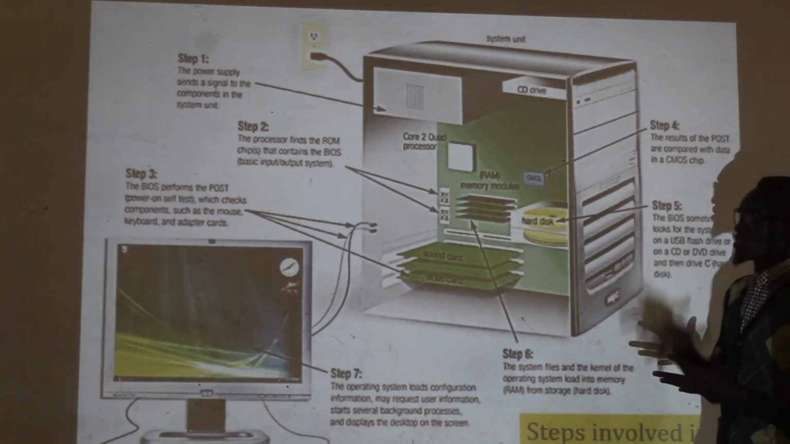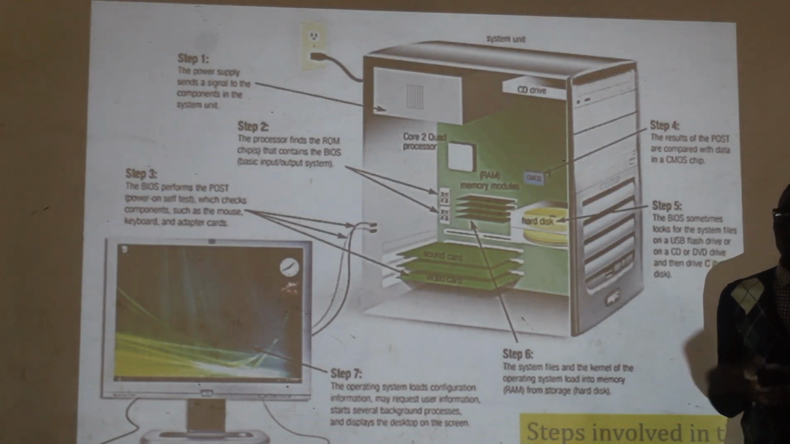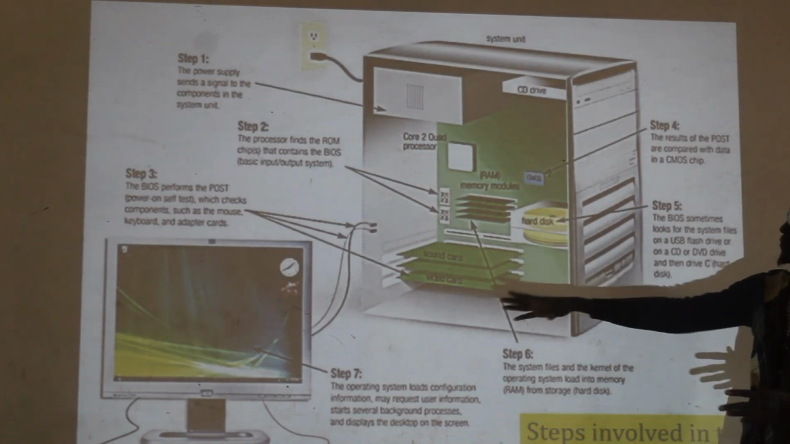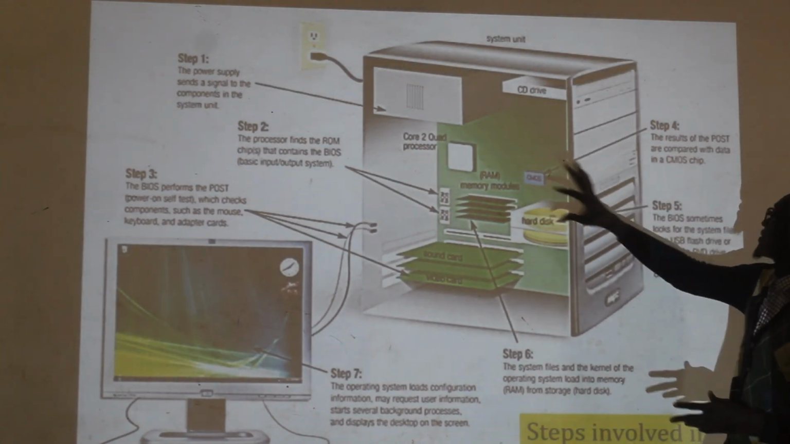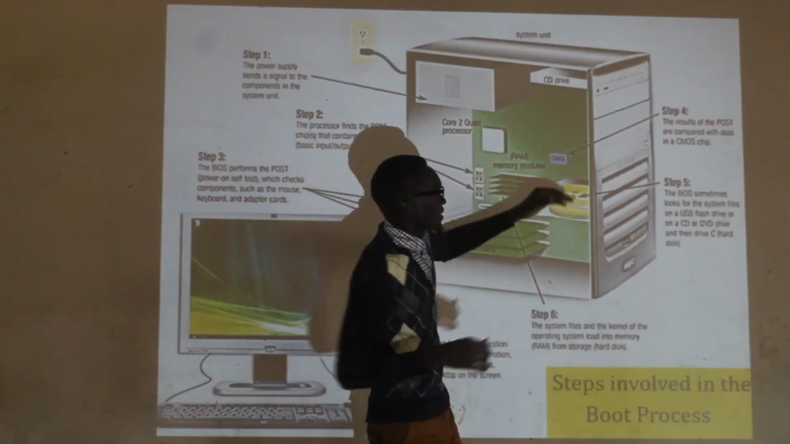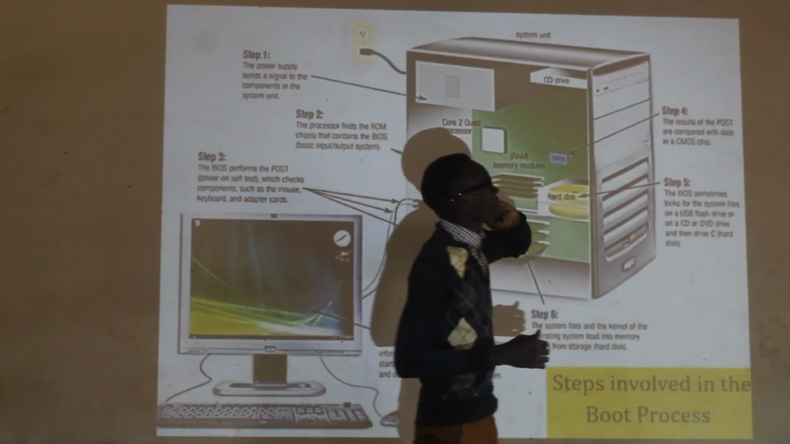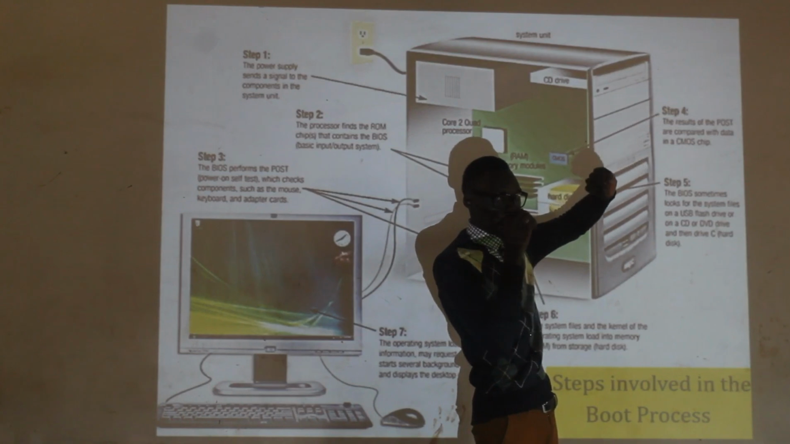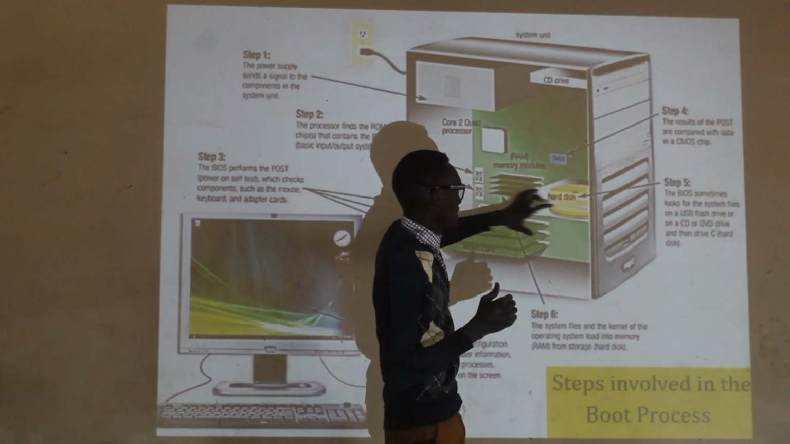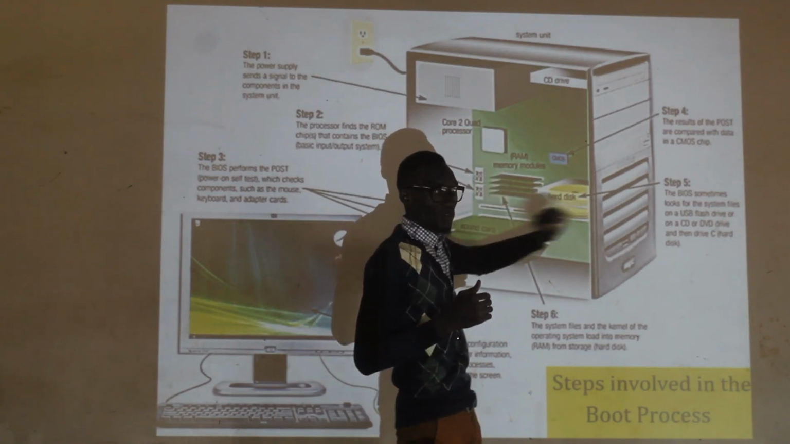Because the CMOS stores a variety of things, like configuration information, the results of the power on self-test are compared to the ones stored inside the CMOS chip. So the BIOS looks for the system's files. After the results of the power on self-test have been compared to the ones stored in the CMOS chip, then the BIOS